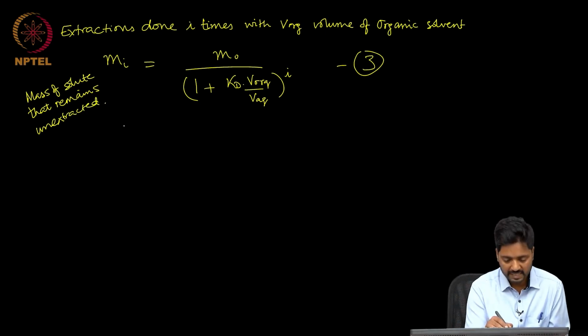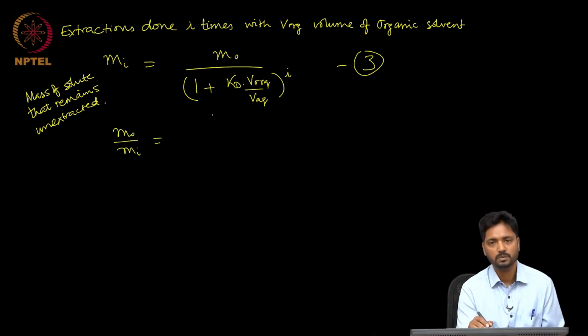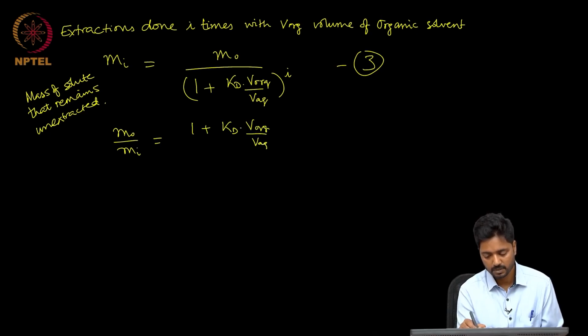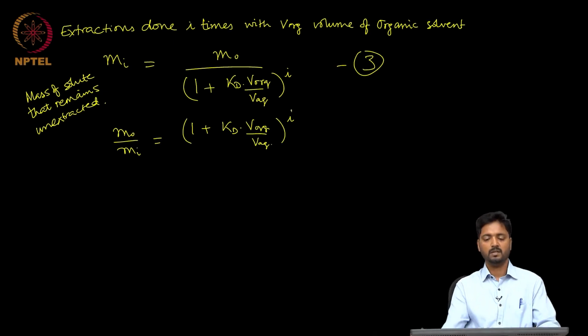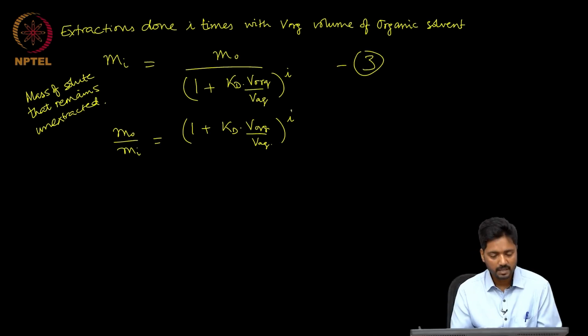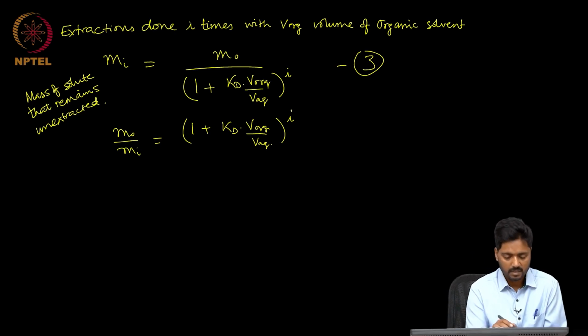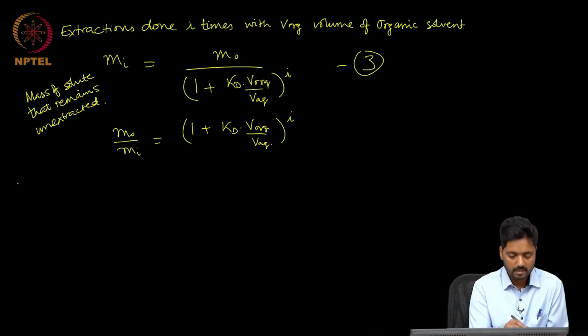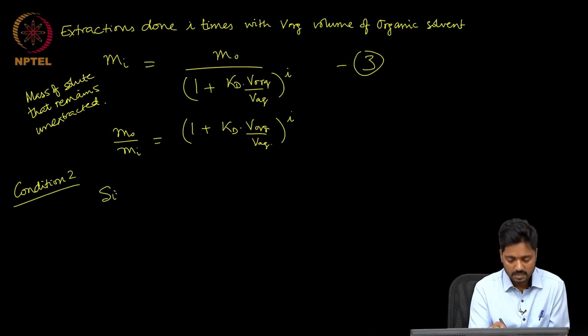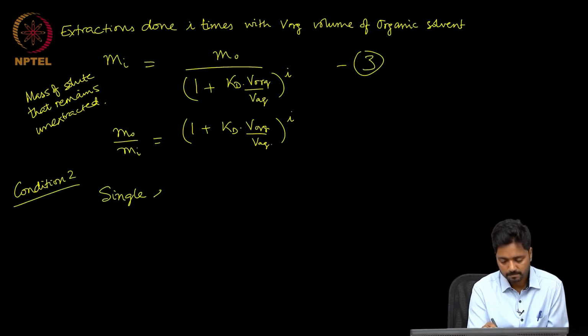Now, we can rewrite this as m naught by m I is equal to 1 plus K_d V org by V aqueous, to the power of I. Similarly, if we are doing condition 2, we are doing a single extraction